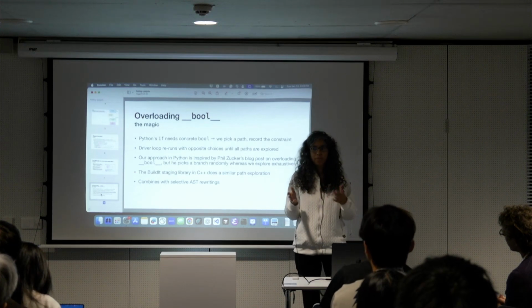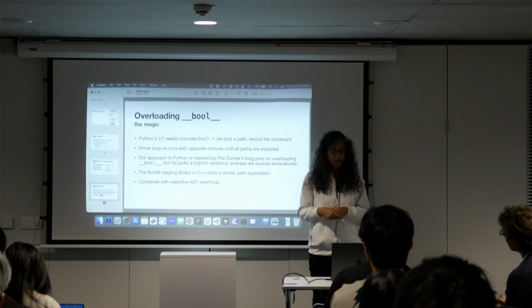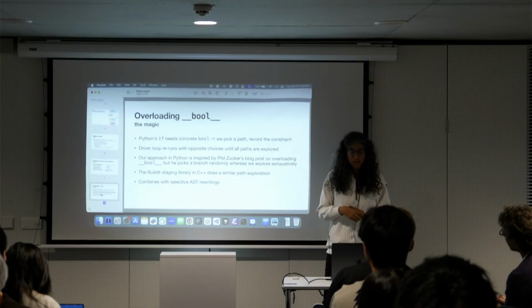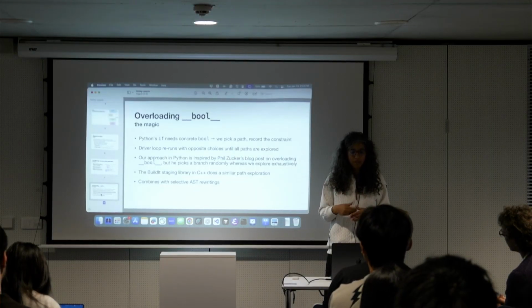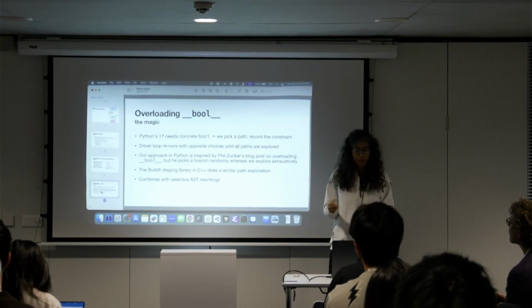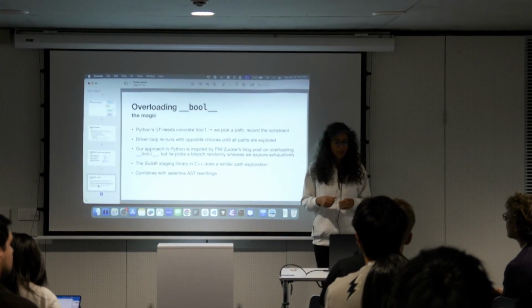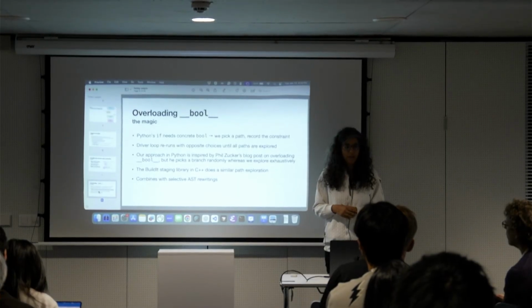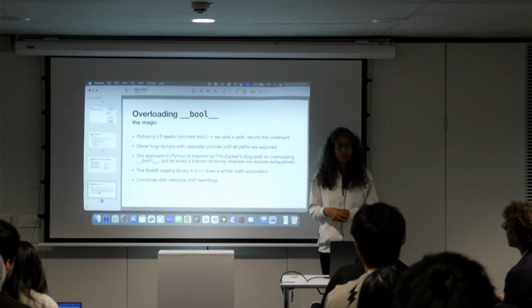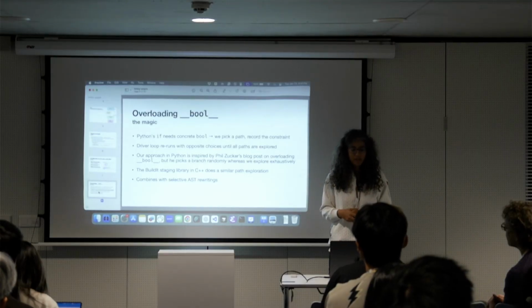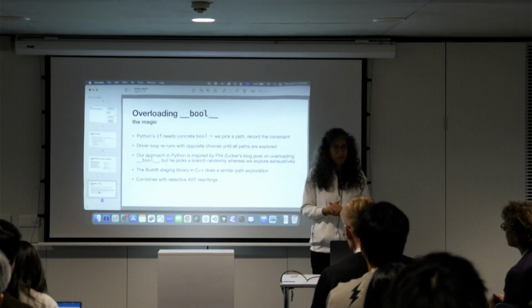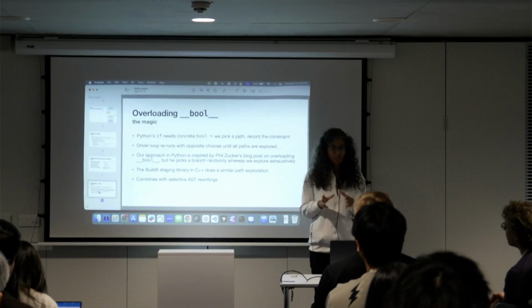We have the choice of which path to pick first, and we might pick randomly, or we might pick deterministically, like maybe a best path or something. And then the driver loop reruns with opposite choices until all paths are explored. So it's not that cheap in some sense. We're doing extra executions, but it's a poor man's way to do staging of branches, and it has been